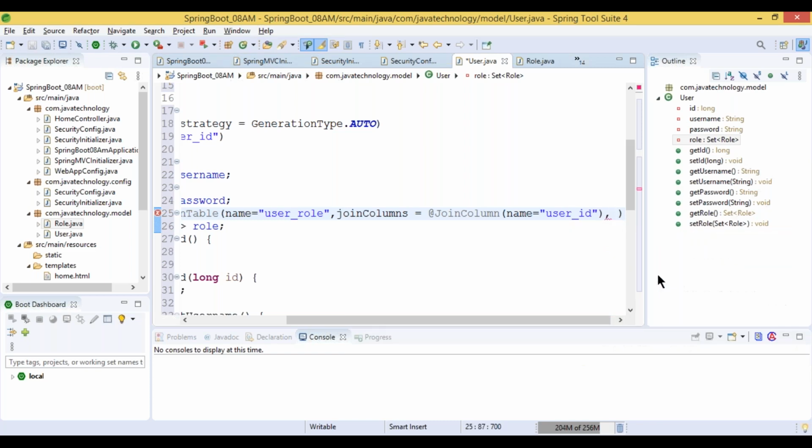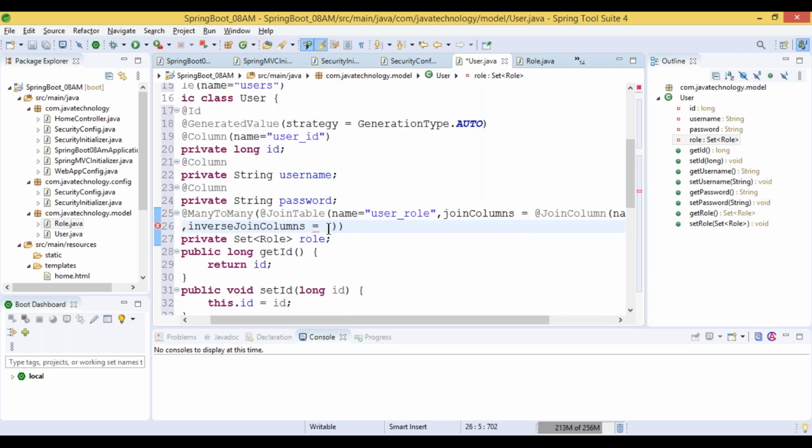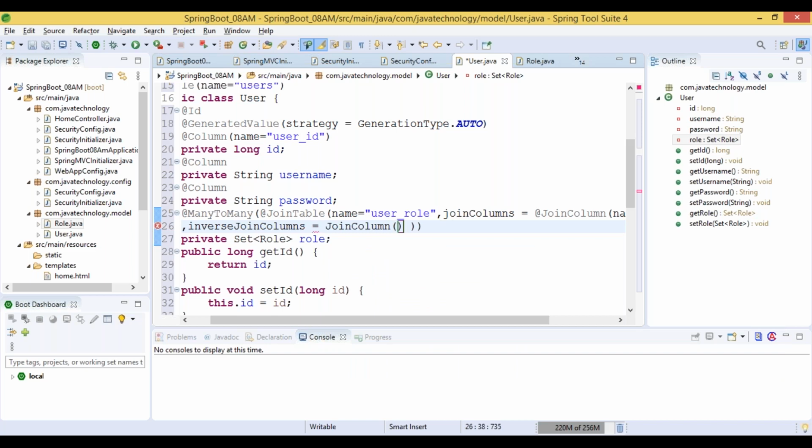Come to the next line. Inside the inverse join columns, again press control space. We have join column, so give the name of the join column. What name do we need to give here? That is nothing but role underscore ID.